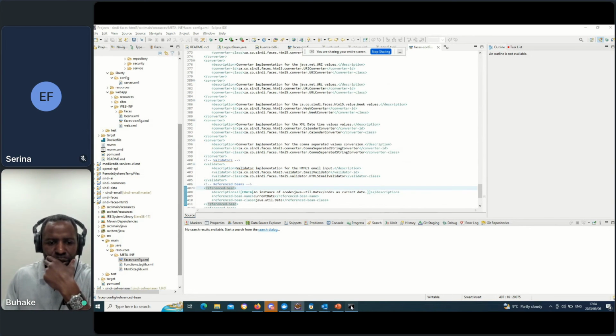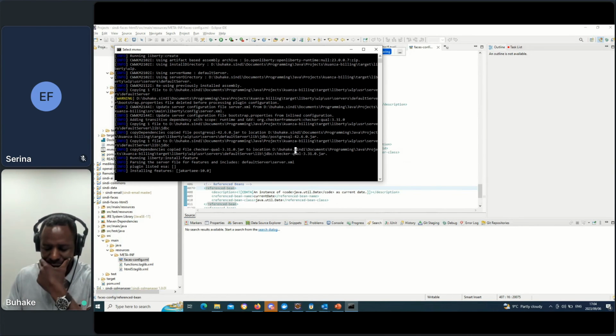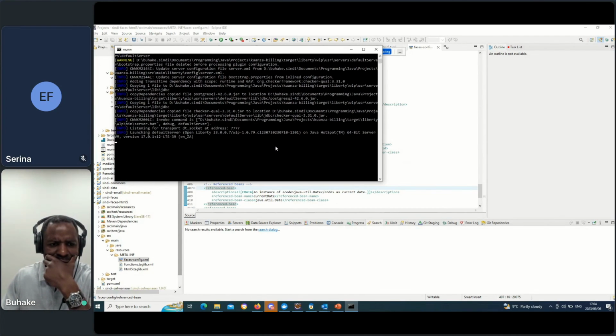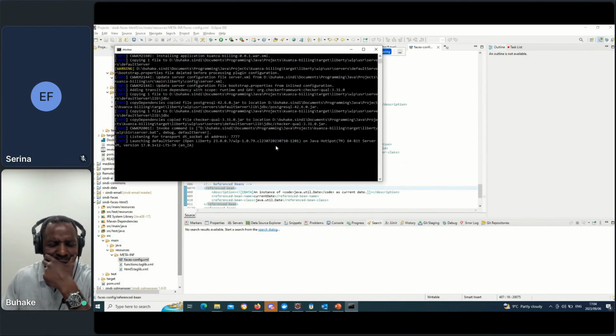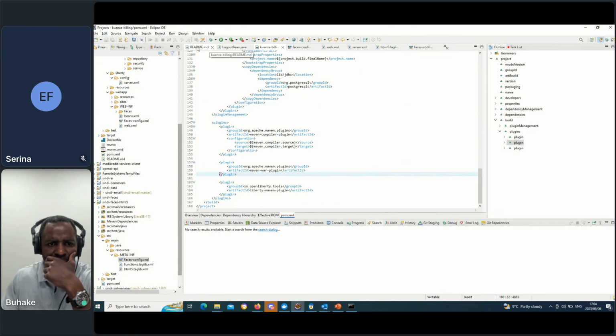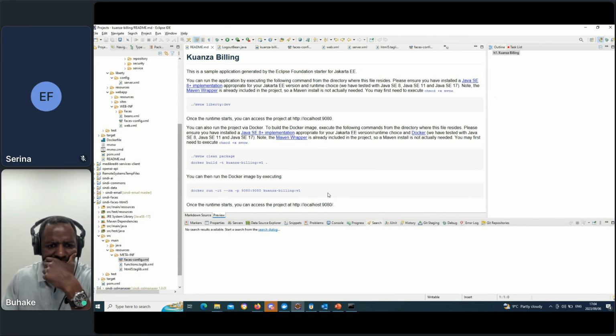I had that issue earlier, and why is this thing not working? It says launched, so let's see if it's actually launched. Where is my browser? HTTP localhost 9080.